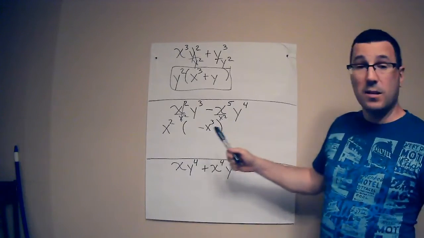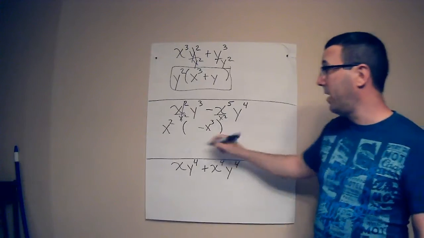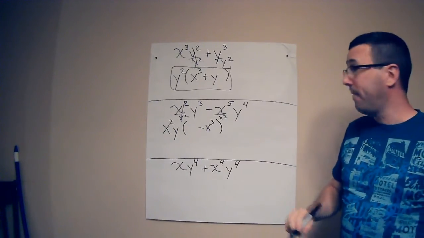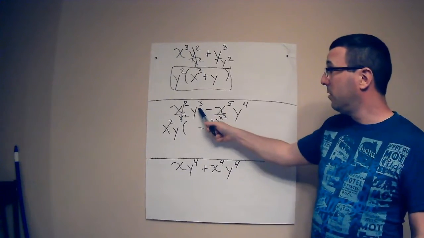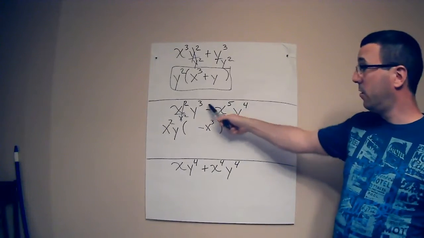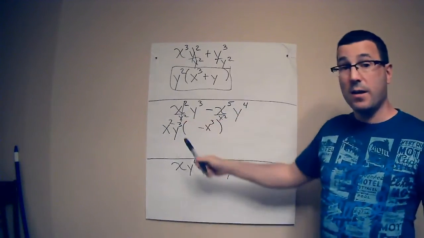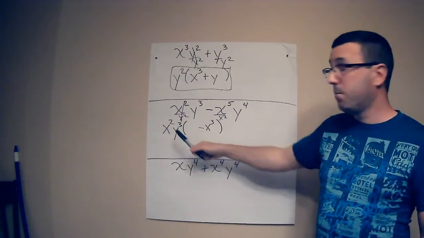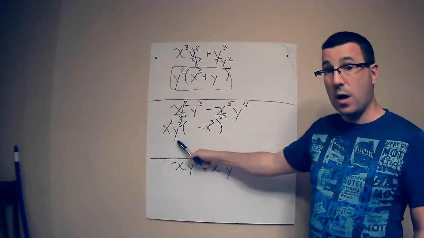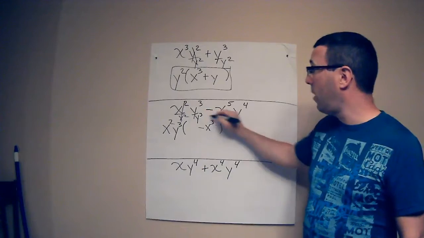So now I'll look and check out the y. I have a y in the first term, I have a y in the second term. So I definitely am factoring out some type of y. I look, y to the third, y to the fourth. 3 is definitely smaller. So I'm going to put a 3 over my factored out y. So my greatest common factor is x to the second, y to the third. So when I divide both things by y to the third,